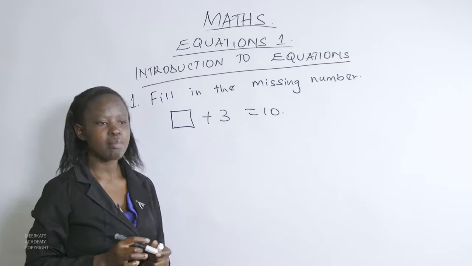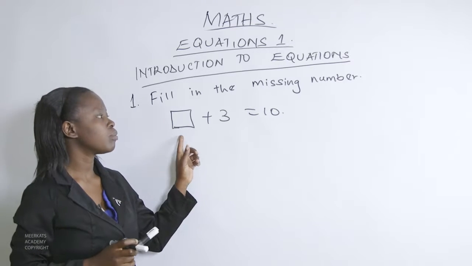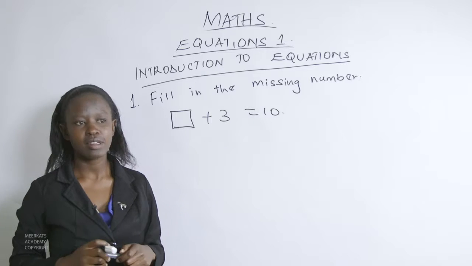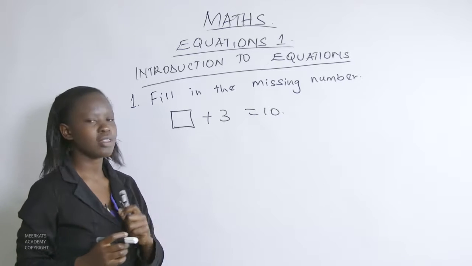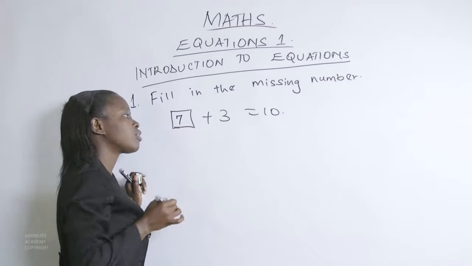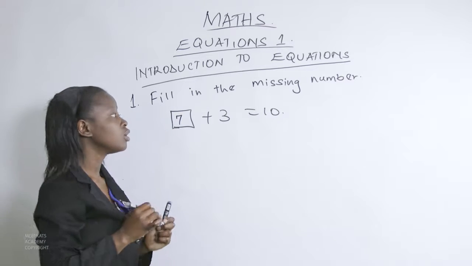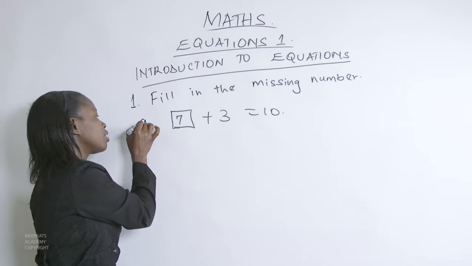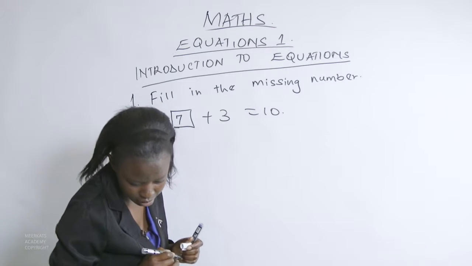we are having a number. When we add 3 to the number, we are supposed to get 10. So we need to find what that number is. And we find that 7 plus 3 is equal to 10. The next part is